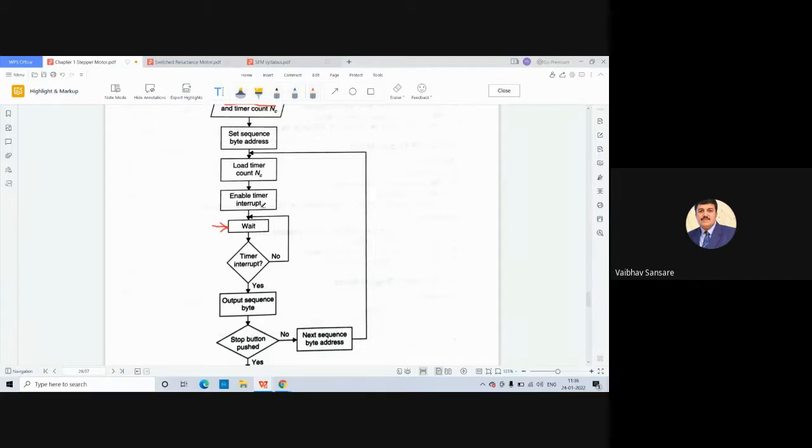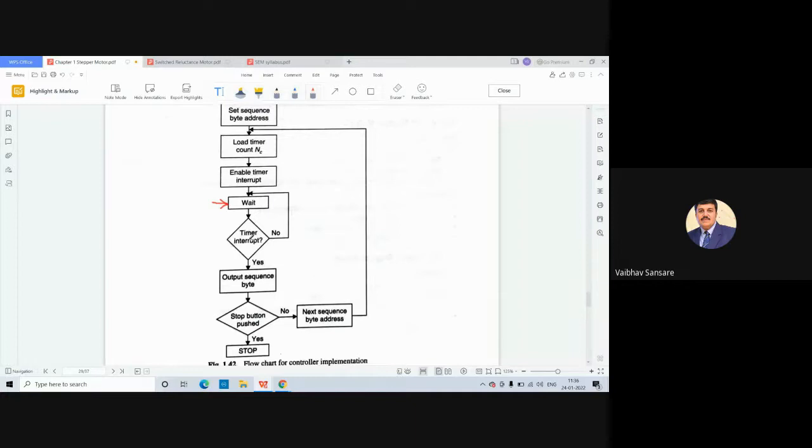If the timer interrupts, then there will be an output sequence byte, that means generation of the output sequence. If the timer does not interrupt, it returns back to the wait command. If the timer interrupts, the output sequence byte gets generated,